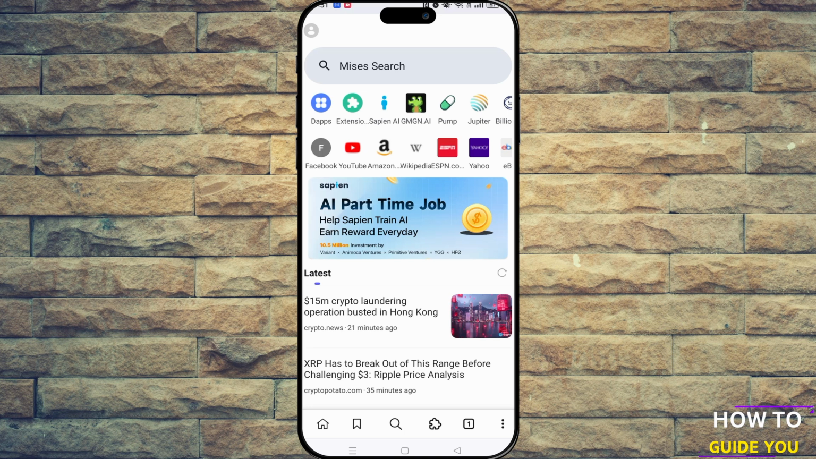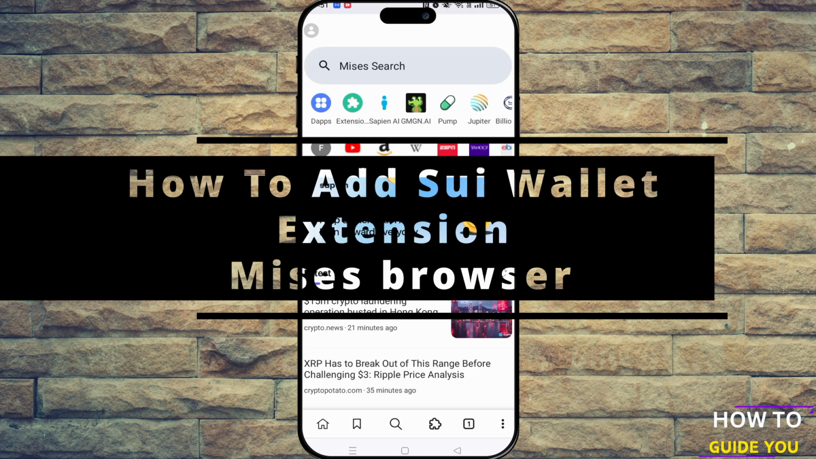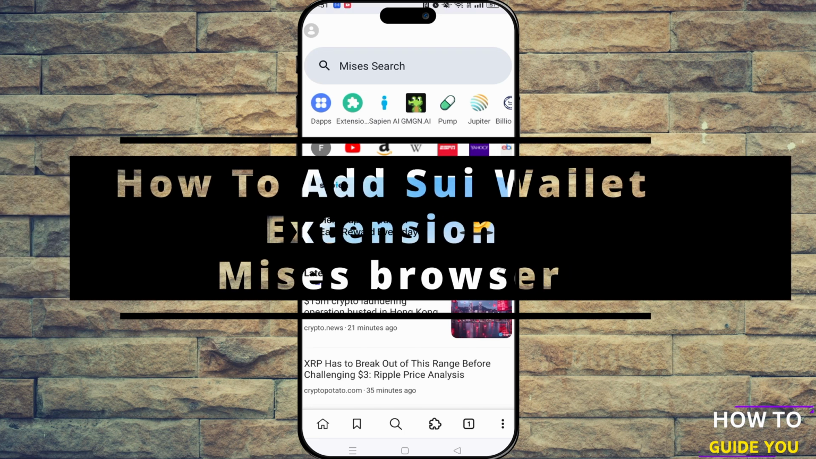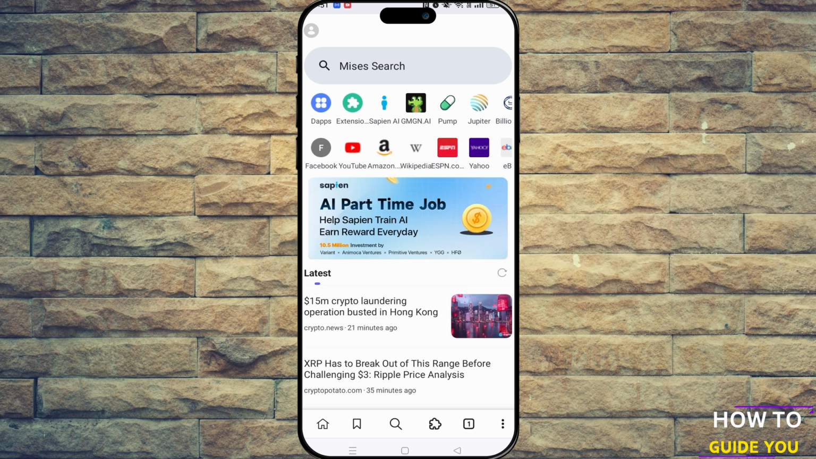The topic of today's video is how to add Sui Wallet extension to Mrs. Browser. I hope I'm saying that correct. So here we are on Mrs. Browser,